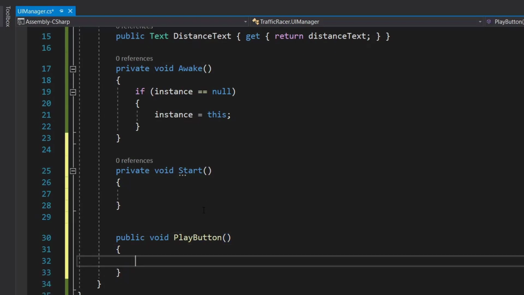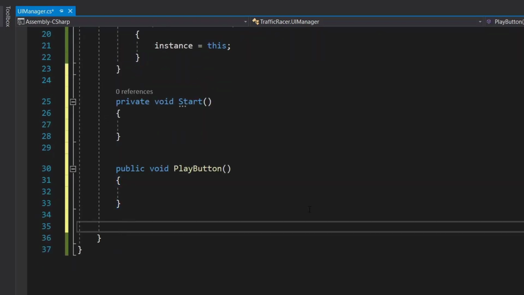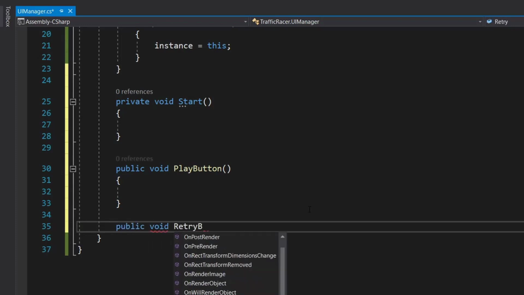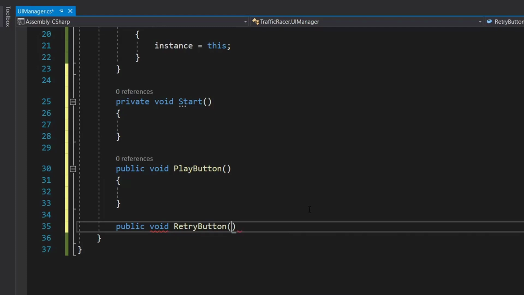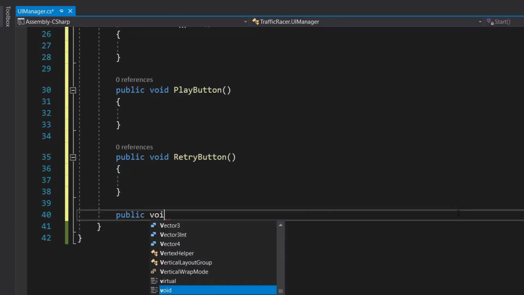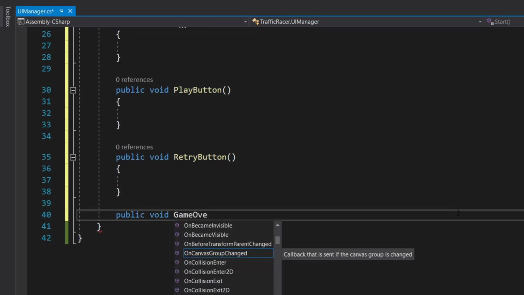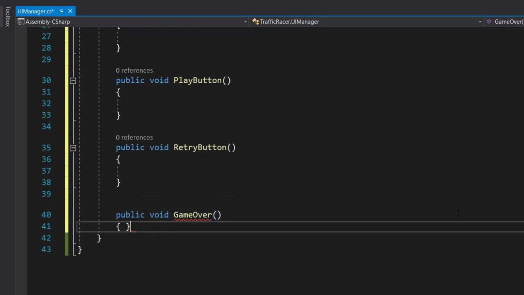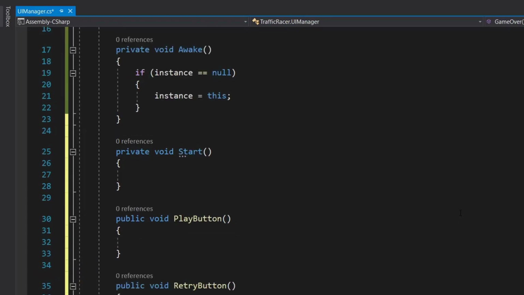So this method will be attached to our play button. Then public void RetryButton method. This method will be attached to our retry button, and then public void GameOver method. So in Start method we won't be writing anything right now.